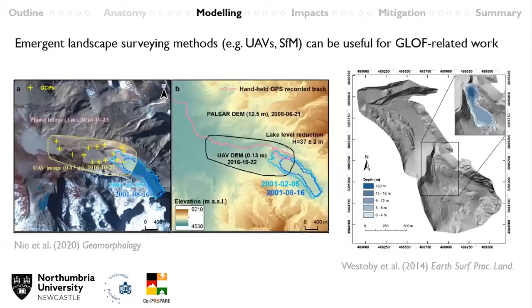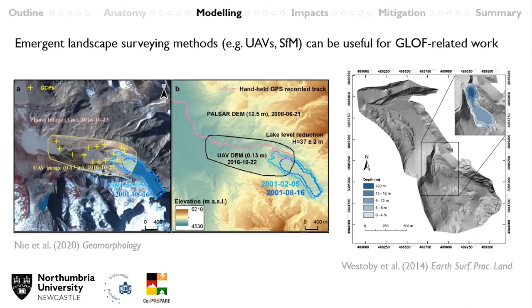What we also used for this work was some UAVs and some structure from motion topography to get a really good handle on what the geometry of the moraine dam was, which is important for parameterizing the breach model. And we're finding that these emergent landscape surveying methods, so drones, structure from motion, can actually be quite useful for glacial lake outburst flood related work. And they're very versatile,